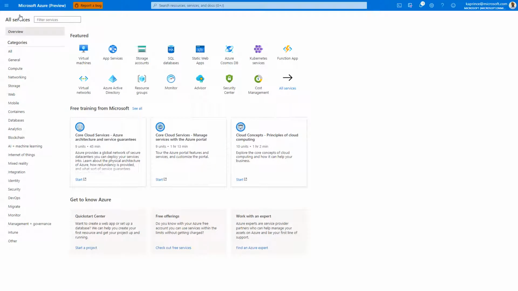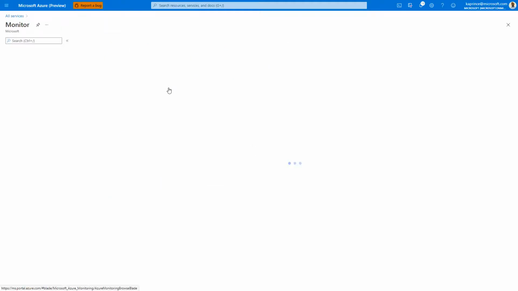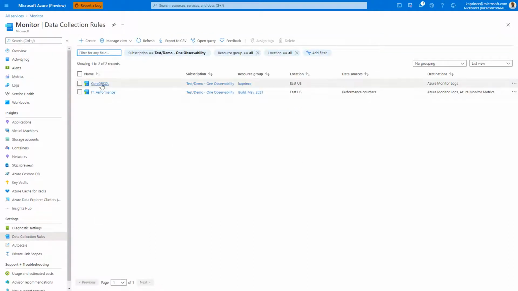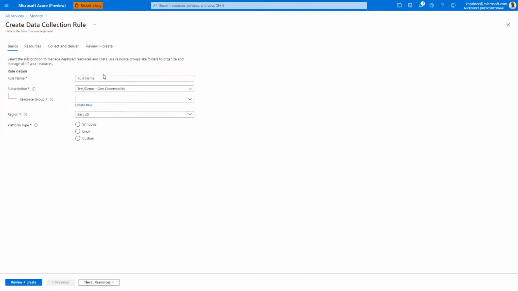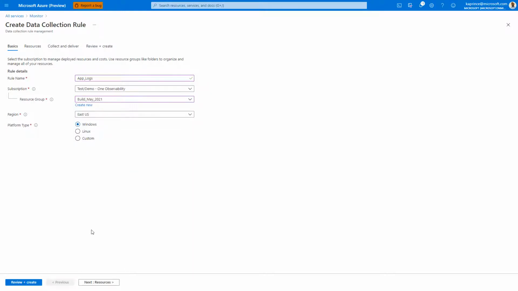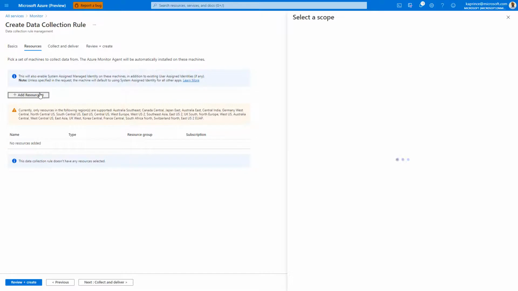Now we can get started on the second data collection rule to collect the app and system logs only from the application server VMs. Returning to the rules in Azure Monitor, we can see the new rule that we've just created, and we can begin creating our second rule. Again, we start with the basics here: the name, the resource group, the region, and platform. But this time, for the machines, we'll just choose the 2 application servers and not the entire resource group like